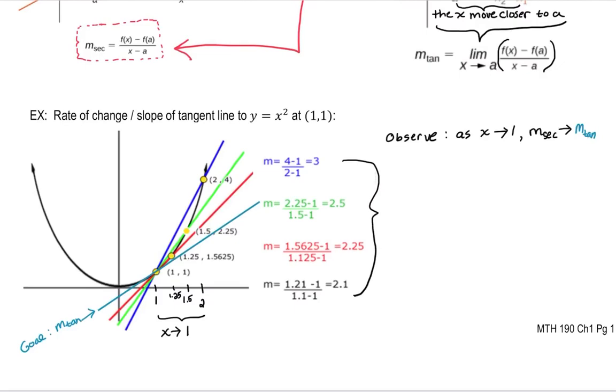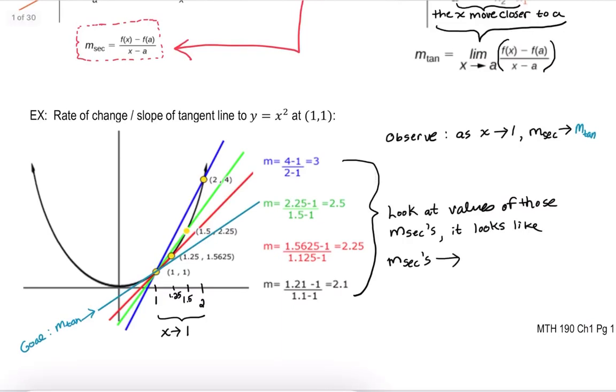So in this situation, if we look at the values of those slopes, meaning the slopes of those secant lines, we're going from 3 to 2.5 to 2.25 to 2.1, and I think we can pretty reasonably say that a good guess for us at this point would be to say it looks like the slope of these secant lines is approaching... If I had to make my best guess for the slope of this tangent line, I would say it's probably